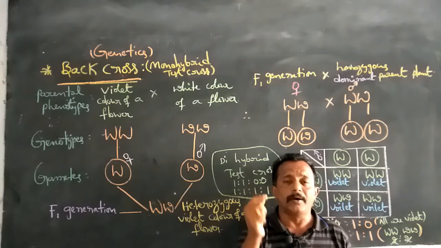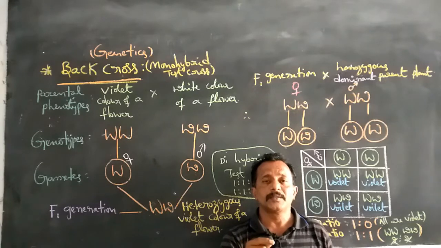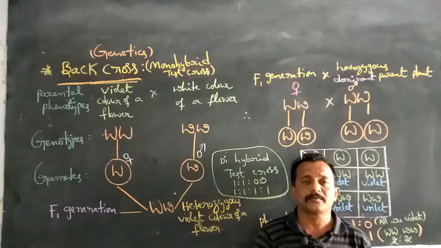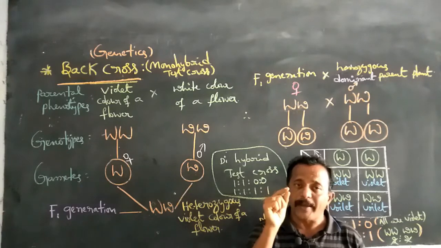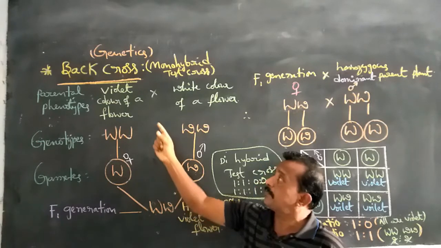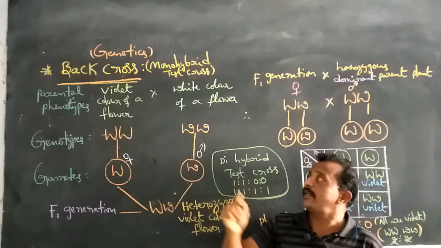But here, the homozygous recessive parent plant was already taken as the example for test cross. But in this back cross, the example is taken for the homozygous dominant parent plant, that is violet color of a flower,